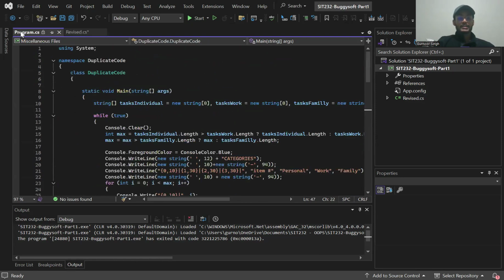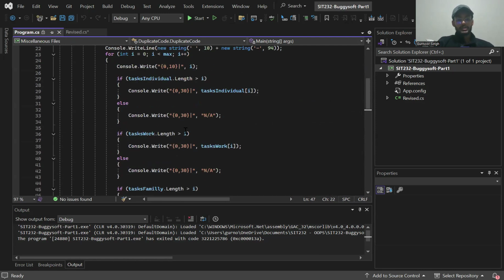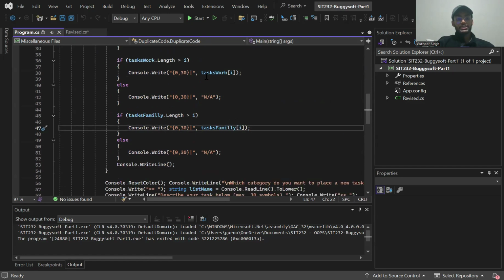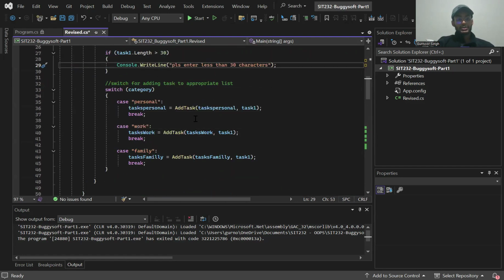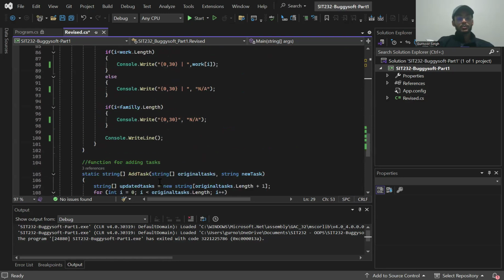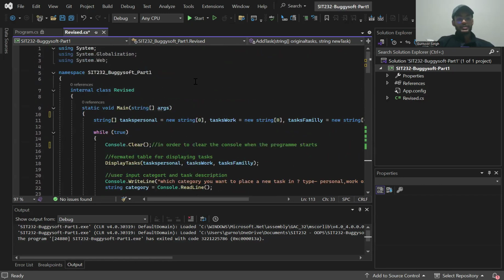Afterwards, as you can see, in this program there's a lot of code duplication happening, even within each condition. So in order to avoid that, I use the switch case here. This switch case in particular uses the add task function, which basically adds the tasks into the list. Then that list is further used to display into the program. And so if I run this,